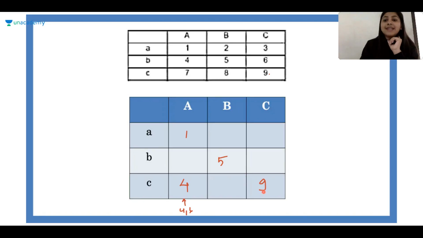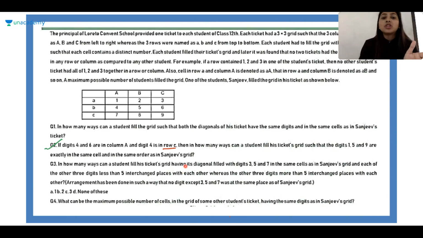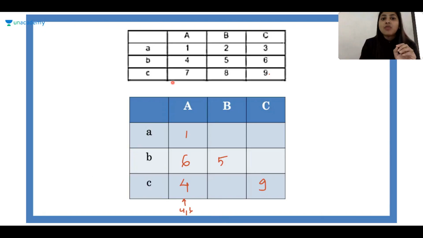So once we have placed that, since we know that 4 and 6 will be in this column, we can see that for 6 we have only one position left, that is this one. So these are the 5 numbers we have been able to fix as per the question. Okay, I have not done this on my own. I only followed what was given in the question. In the first case also, those who were having doubt about how I fixed the numbers that were written in red, I did that from the question. In the question, they told us that both the diagonals of the new ticket is going to be same as Sanjeev's ticket. That's how we had fixed these numbers in the previous case.